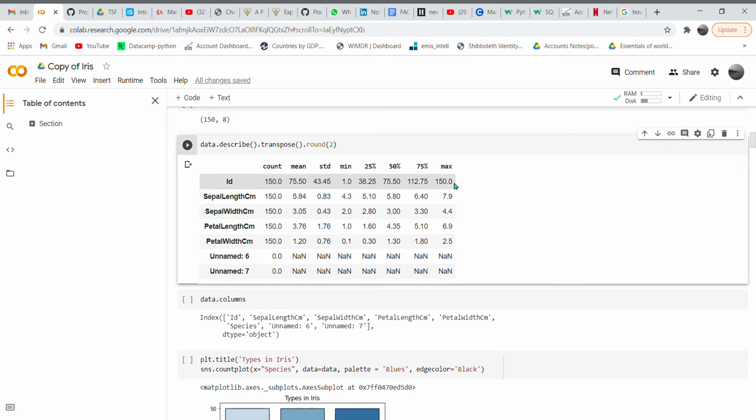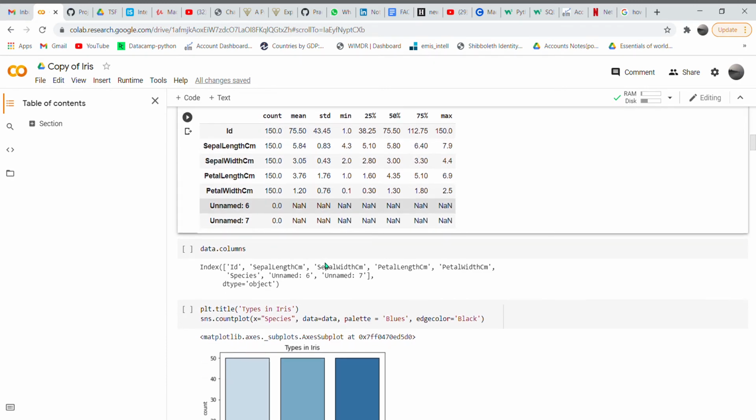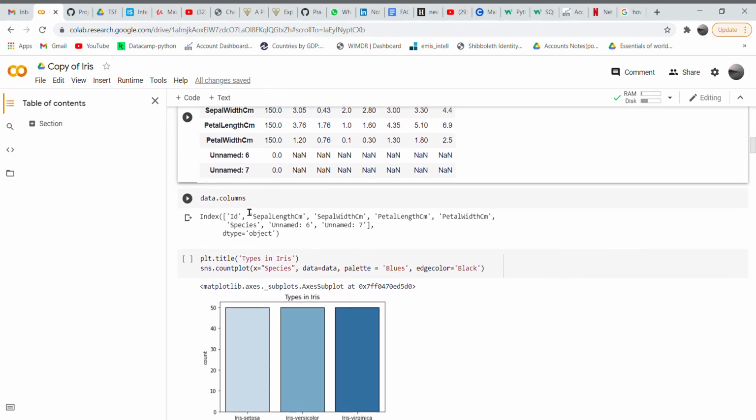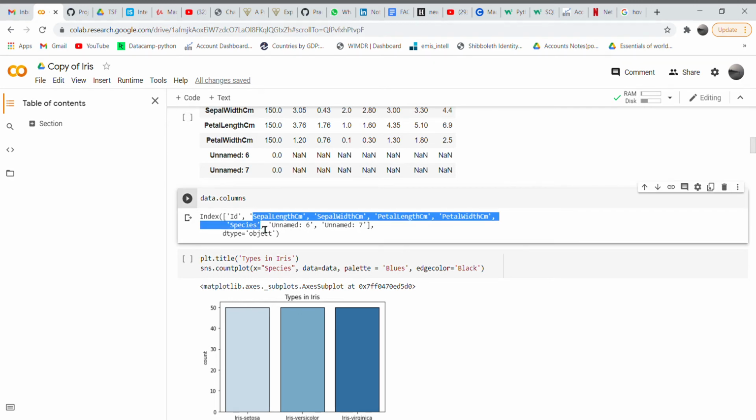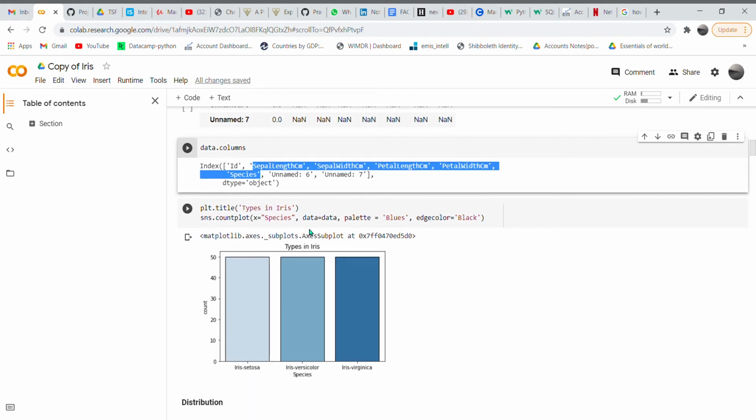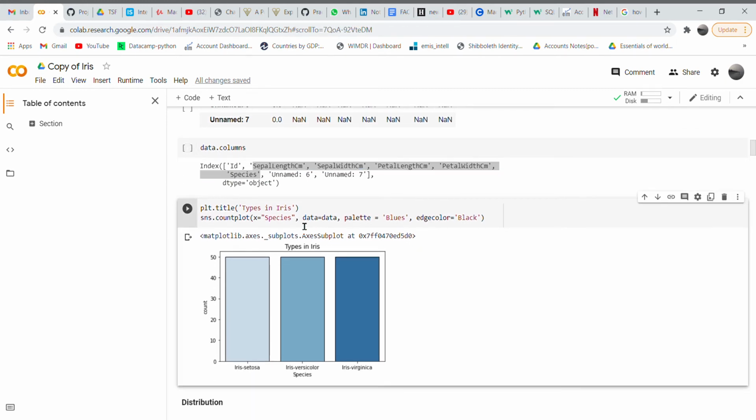7.5 for sepal length. Here I have just used the function called columns from pandas, with which we can retrieve all the main important columns that are there in the dataset, which is highlighted here. And we'll see the distribution of all the species, that is the species variable, and what all the types are there.